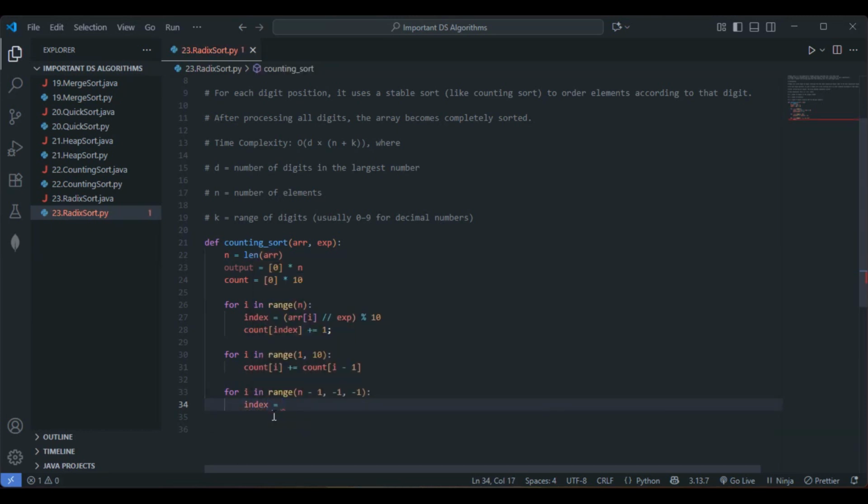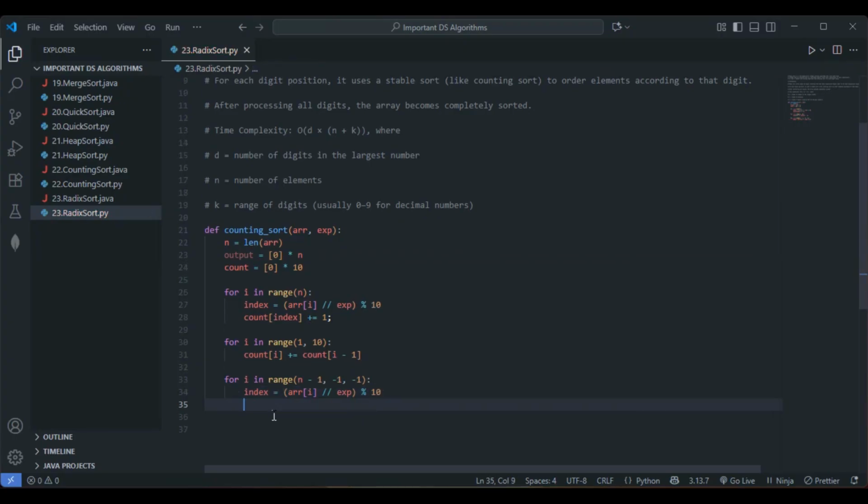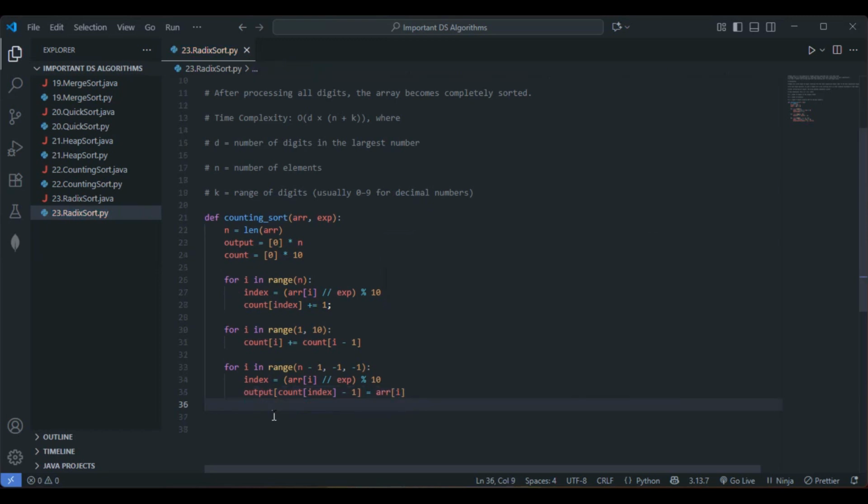So let me go with index equals array of I, this one by exponentiation, modulo 10, this is fine. Now let me go with output of count, right? So count this one within the array, we are going with the index minus 1 basically, right? So I'll just go with index minus 1. So let's assign this one to the array of I, this is also fine. So let's go with count of index equals count of index minus